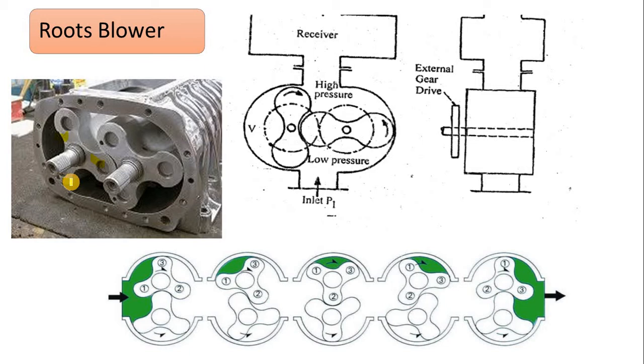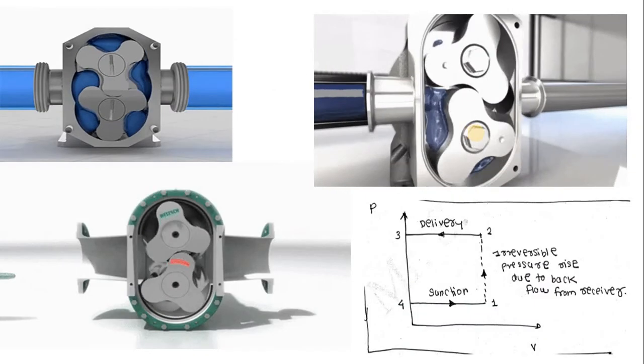So how does it work? This is the most important part. Here you will get an idea about two different lobes which continuously mesh with each other. Out of them, one is the driver and another one is driven. This is the most important thing, and the driver is continuously connected with the motor supply. Here you will see the inside view. An external gear drive rotates the driver gear, and when the driver blade continuously rotates, the driven lobe or blade continuously rotates along with it.